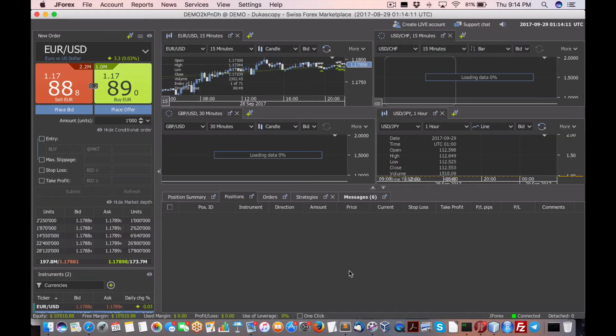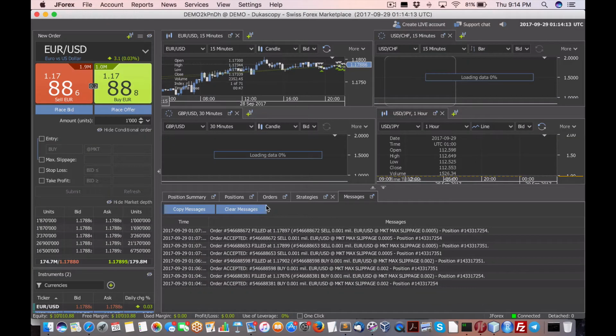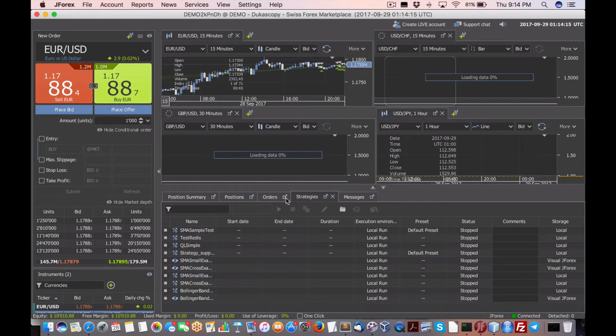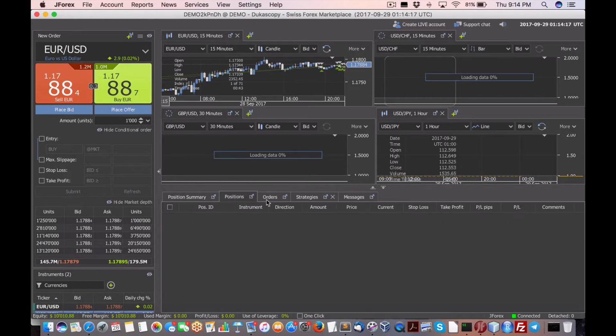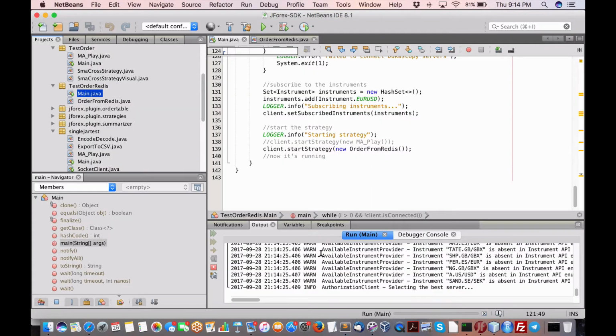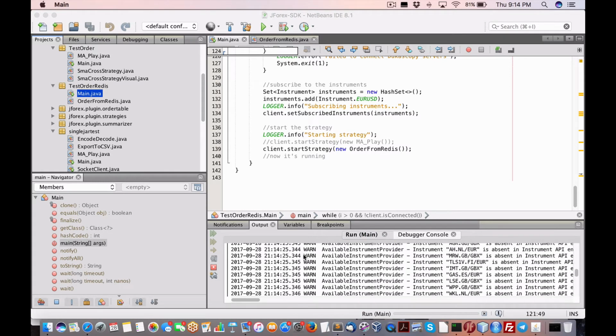As you can see here, I have the JForex running in the background. I'm going to clear out the messages. No orders, no positions, no strategies are running. So it's just a basic standard JForex ready to go to accept orders. So having this running, also having this Java program running, we're now able to push orders into Redis and then process those orders. So as it's shown you here,